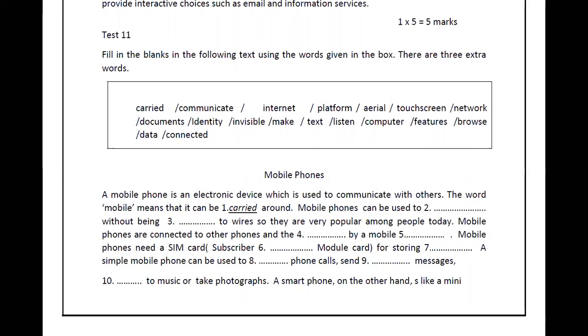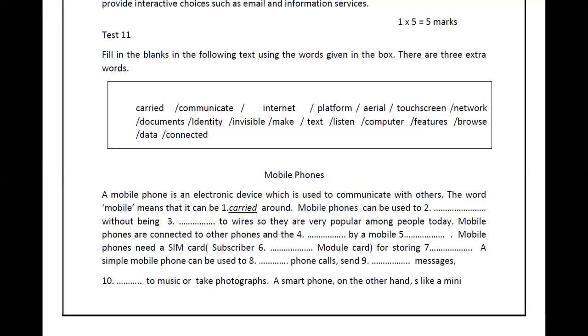Before you are reading the paragraph, read the box with the words, because now when you read the box with the words, you know, okay, these are the words I have. Some words should fit somewhere here. So while the first reading itself, you will know a few words which should fit. And then you can read the second time to make sure. And the third time again to reassure. And the fourth time, like you're almost done. Sometimes if you're really bright, you can do it with the first reading or the second reading itself.